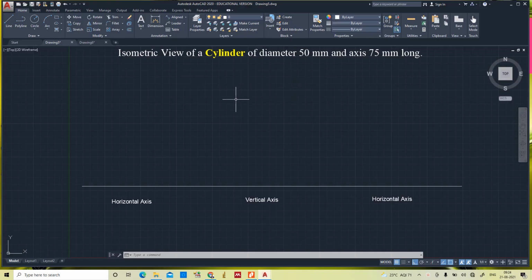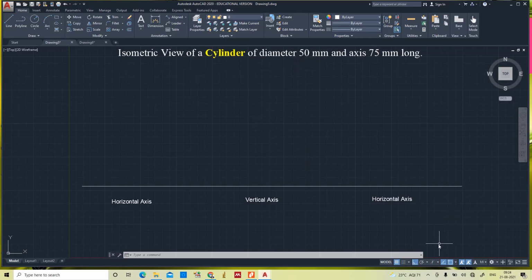Okay. Now we will see the step by step procedure to draw the horizontal axis and vertical axis cylinder. First I will go with the vertical axis, later I will teach the horizontal axis. First I will create the lower base, which is circular in shape. As we discussed in the isometric view of a circle tutorial, the rectangular box will always be the dimension of the diameter. The length of the side of the rectangle will be equal to the diameter, 50 mm.